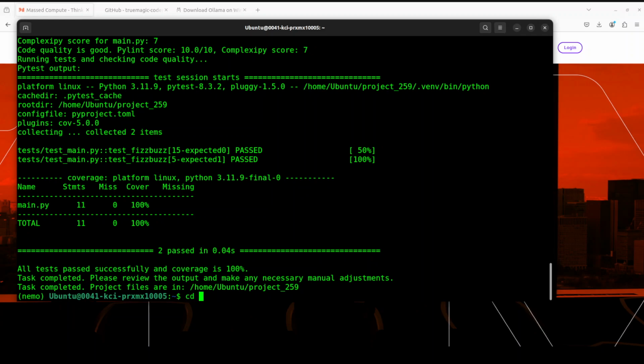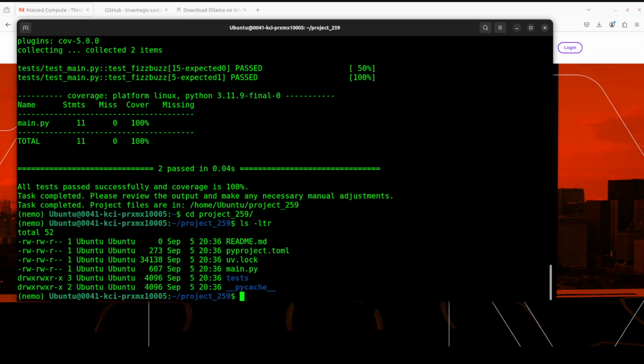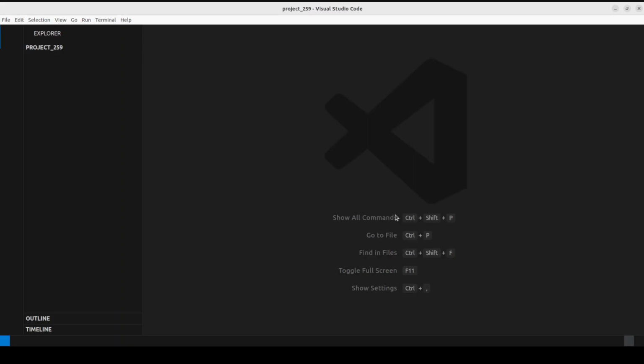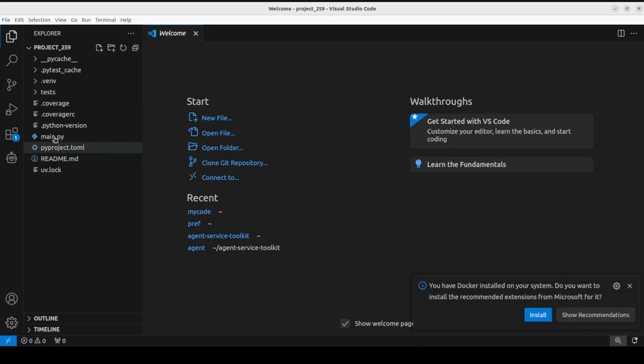And then all of the project files are in this project underscore 259 folder. So if I go there, if I show you ls -ltr, these are all of the files it has created. The whole Python project is here, your pyproject.toml and everything. Maybe I'll just open it in the VS Code and show you. So there you go. So if I just show you first main.py,